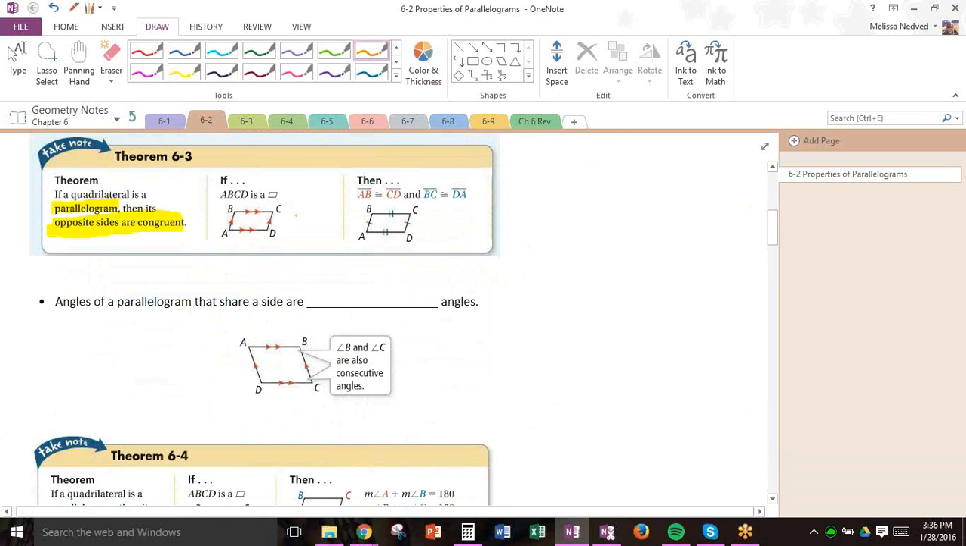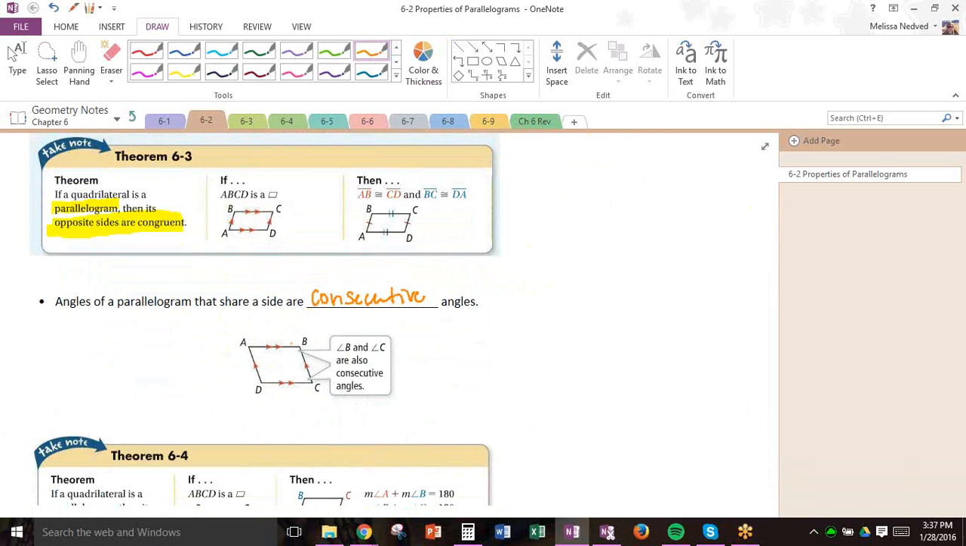Now, in addition to knowing what opposite sides are, we also have what we call consecutive angles. And angles of a parallelogram that share a side are called consecutive. So if we have a quadrilateral, meaning we've got four sides, our angles are either going to be opposite or they're going to be consecutive. Now if you get into larger polygons, a pentagon, a heptagon, and so on, you can have angles that are neither consecutive nor opposite. But in this case,